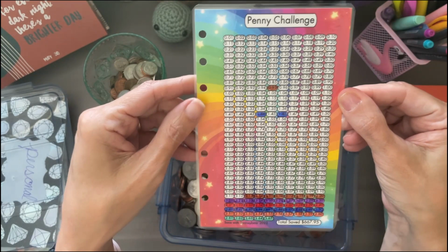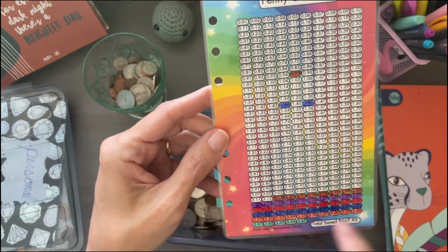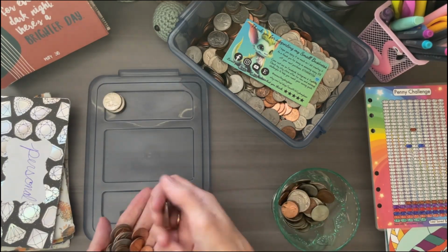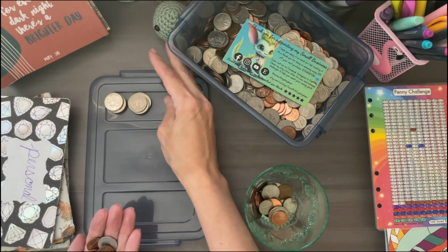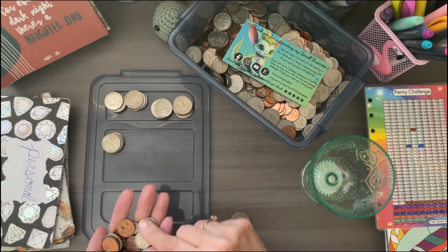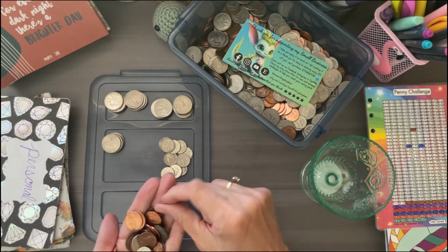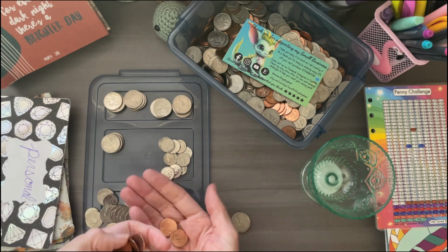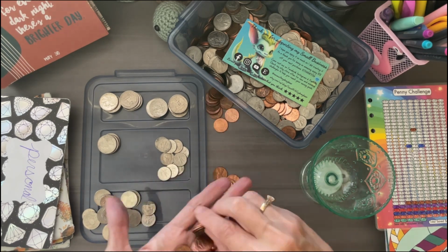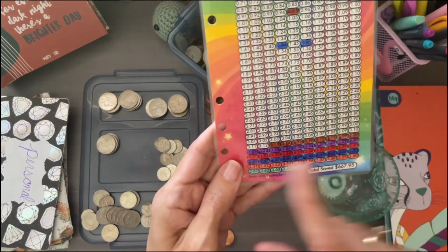And then here is my challenge so far. So I'm going to get this counted. Well, first I'll get it separated and counted and colored in, and then I'll be right back. Okay, I am back. So the next color that we have is